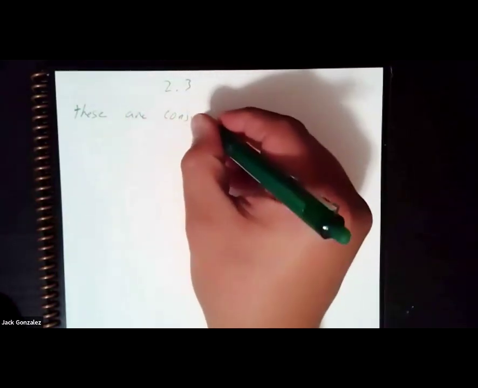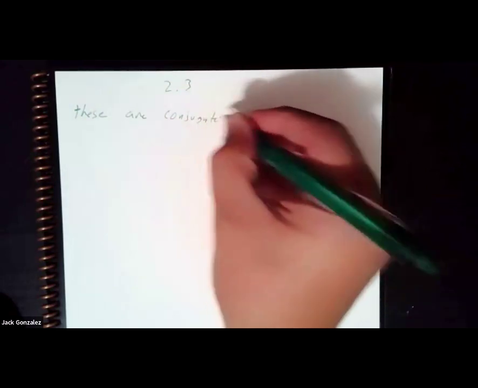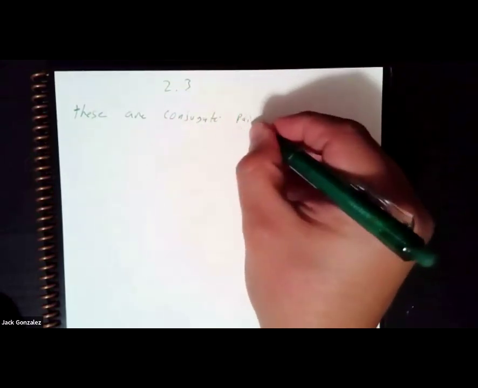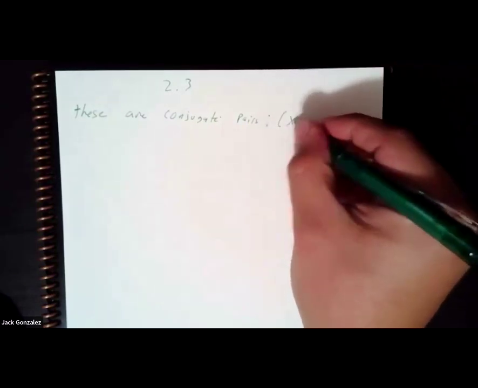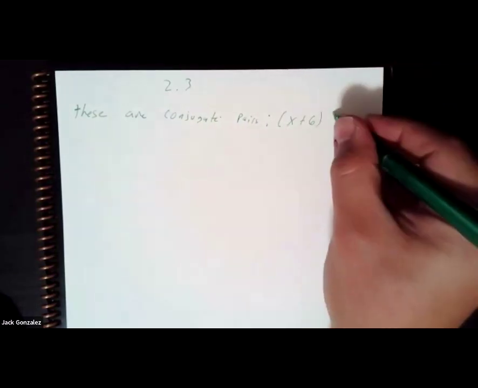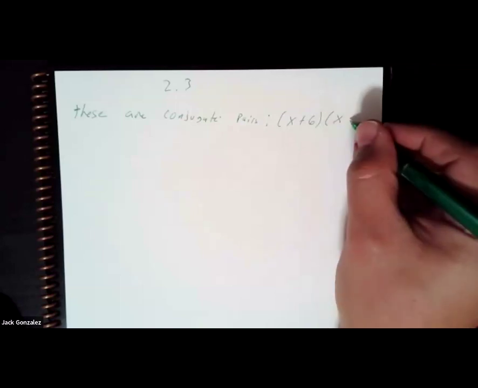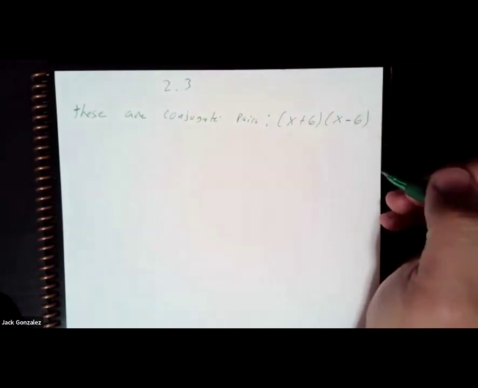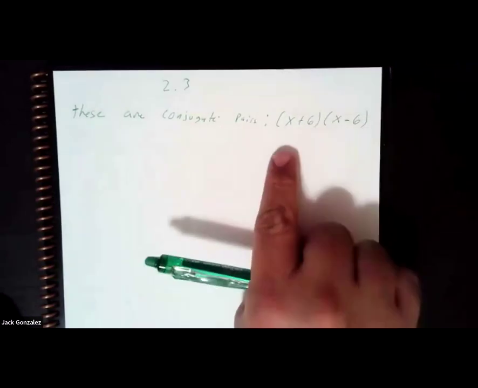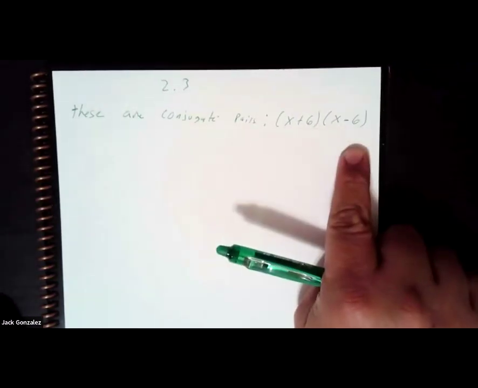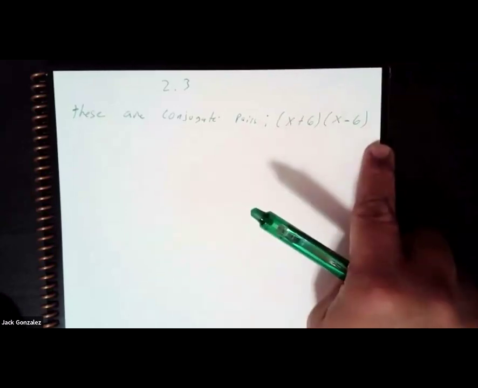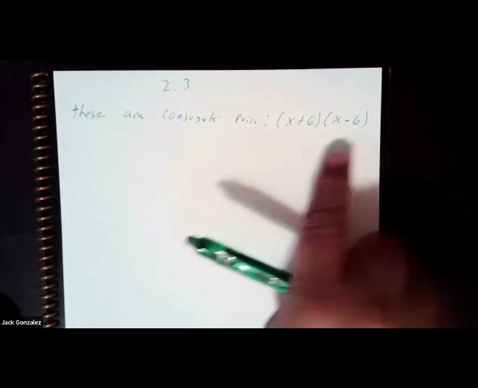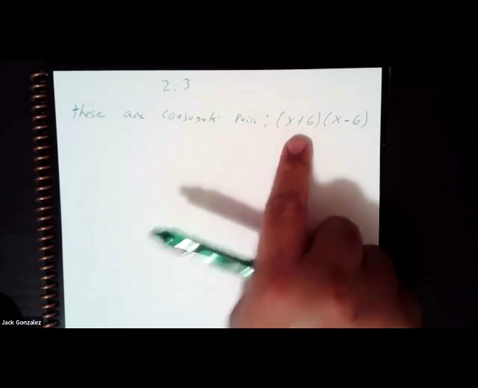So yeah, you guys are on the right track. So basically, it's two terms that differ by a minus, like x plus 6, x minus 6. Two pairs that are both conjugates of each other. Okay, it just doesn't have to be exactly like this. It could be, for example,